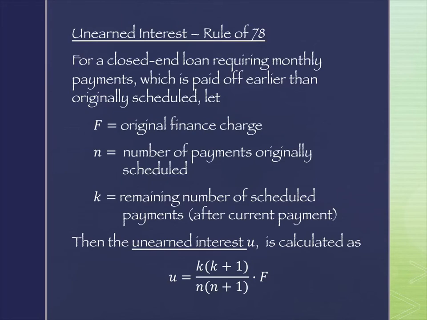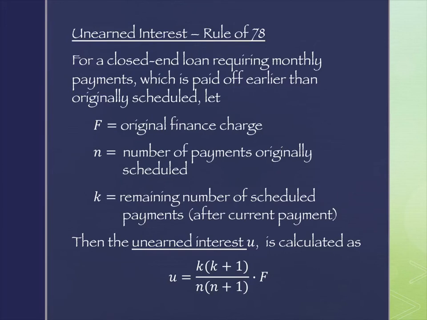So this is a closed-end loan, installment loan, right? Monthly payments, paid off earlier than originally scheduled, all those same sort of scenarios set up. F is the original finance charge. We saw that before. That was our $36. N is the number of payments originally in our loan. We saw that too, right? And then K is the remaining number of scheduled payments that we're not going to make, after the payment